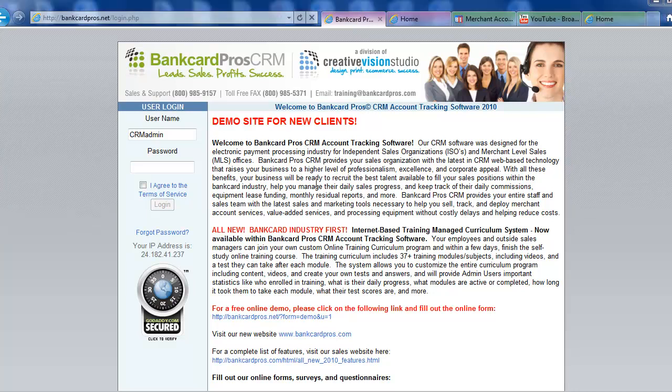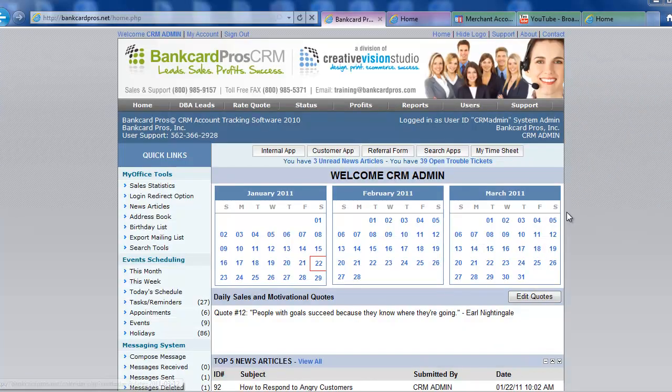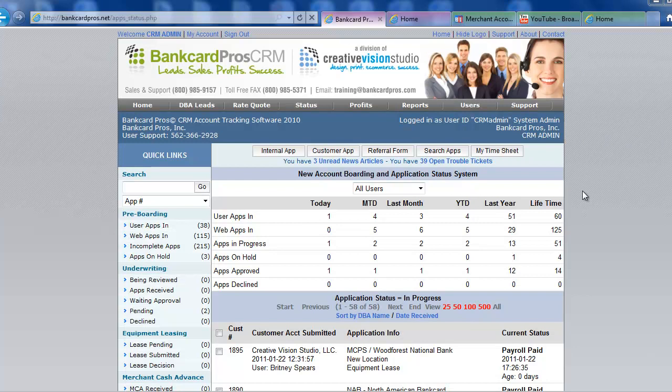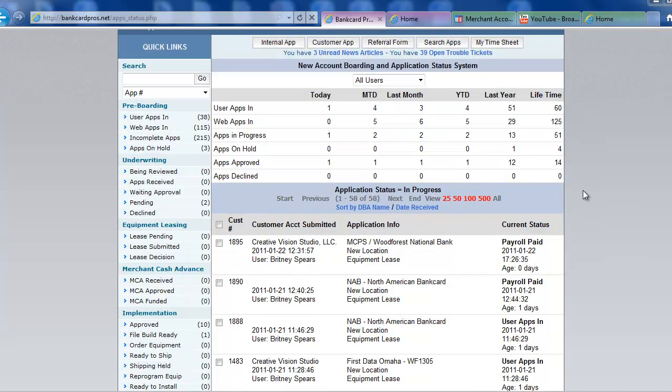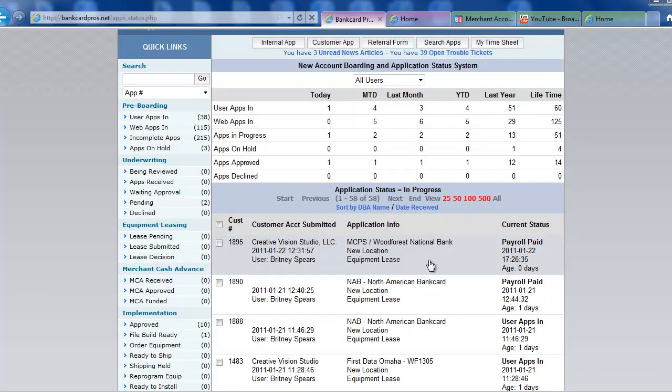On the login page, you're going to log in with your username and password, agree to the terms of service, and log in. On this page, on the gray menu bar, go to the status section. In the status section, you're going to look up the merchant that you want to view the equipment that was sold. For demo purposes, we're going to choose the first app, which is customer number 1895,